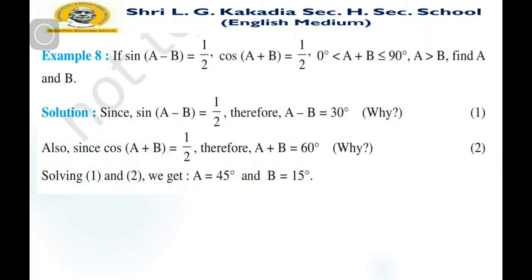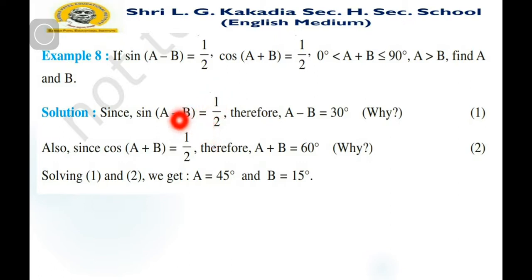If sin(a minus b) is equal to half and cos(a plus b) is equal to half, and a plus b lies between 0 to 90 degrees and a is greater than b, find a and b. Now since we know that sin(a minus b) is equal to 1 over 2,